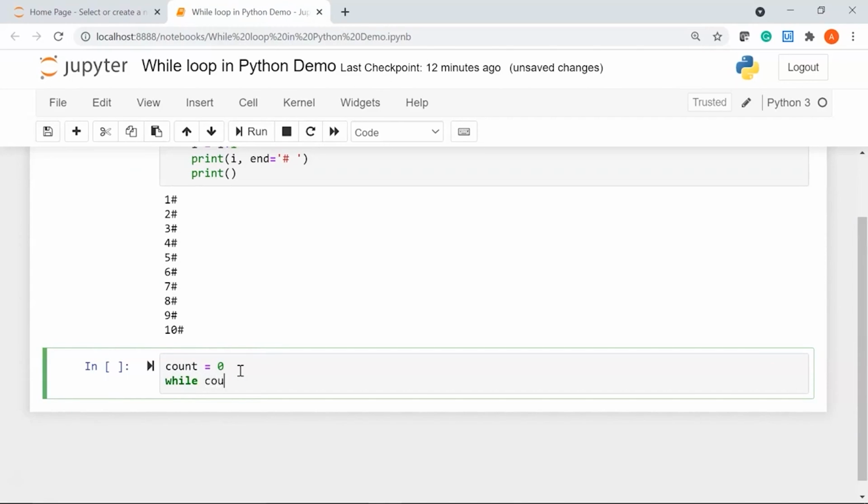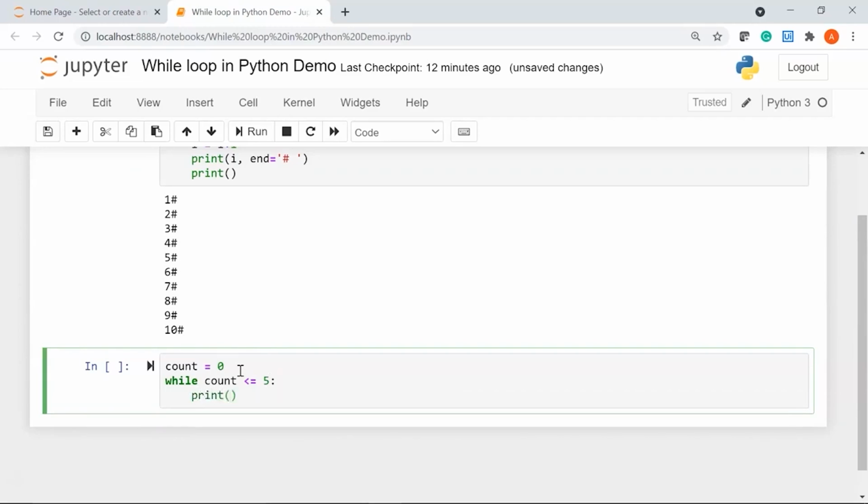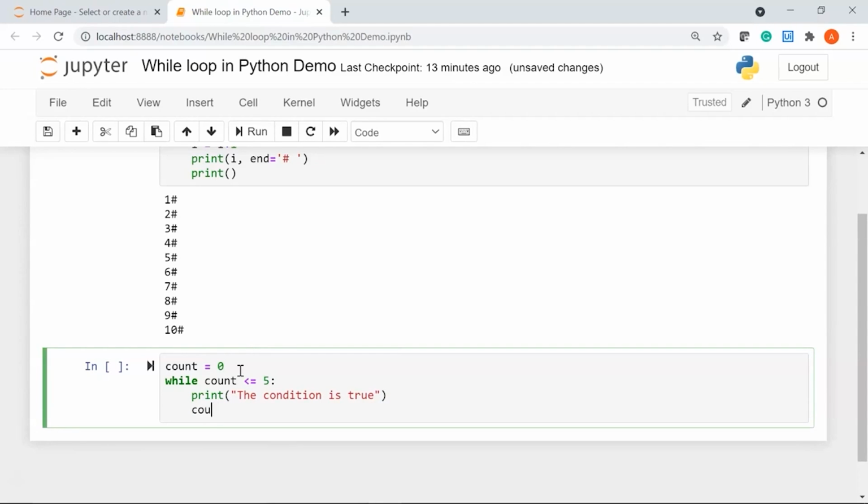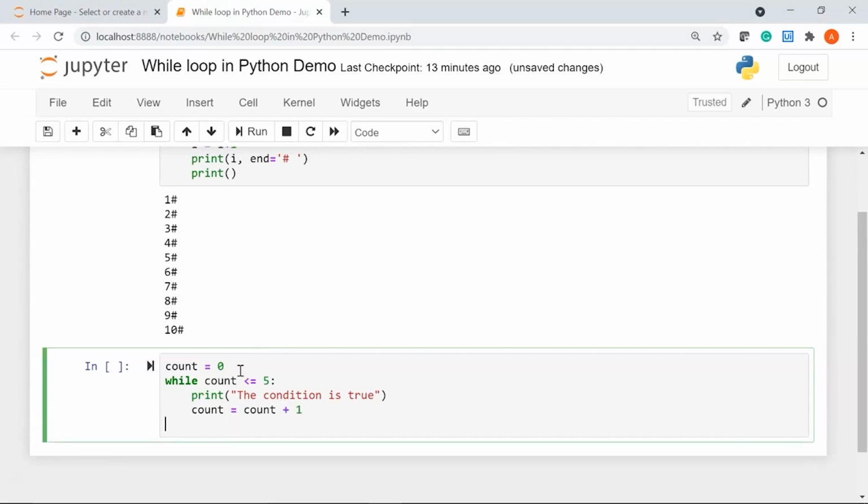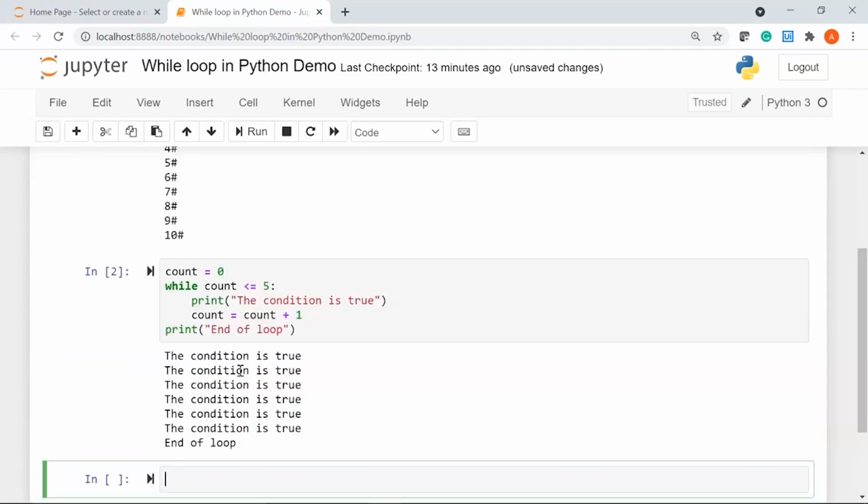I'll say while my count is less than or equal to 5, with a colon, come to the next line, and print "condition is true", and then count = count + 1, and then print "end of loop". Let's run and see our result.